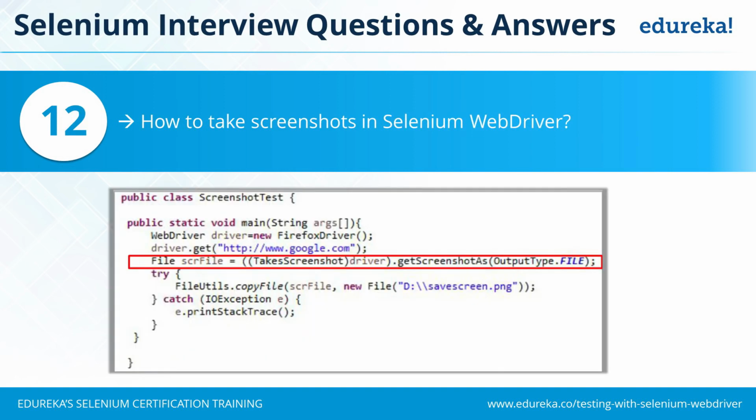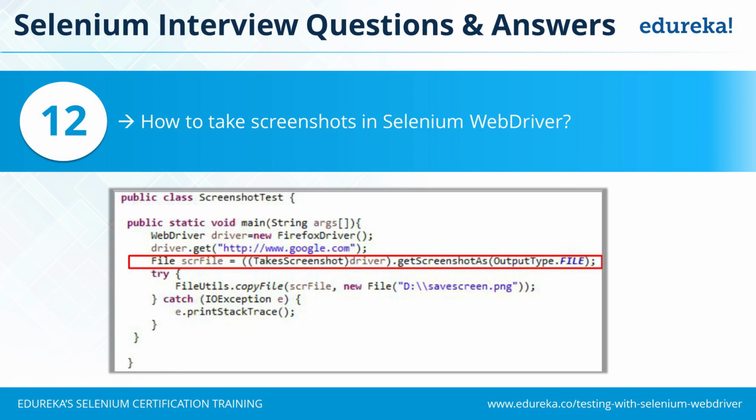Okay. Then, how to take screenshots in Selenium WebDriver? This is a very important question, because a screenshot is kept as proof for the client that the code works as intended, whether in case of failure or success. For instance, if it was successful yesterday, I capture a screenshot, and the next day it failed. The client would ask, did you test it yesterday? I would say, yes, definitely. Do you have any proof? Yes, this is a screenshot. Your application was up and running. This is my test that was performed, and it got the screenshot at this particular stage of the operations.